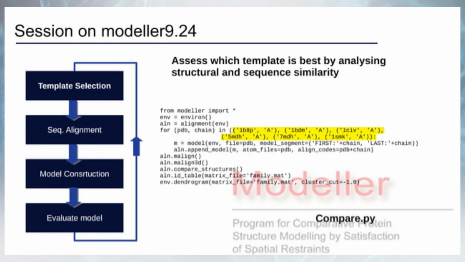by analyzing structure and sequence similarity. So, in this Python script, the second thing after build profile will be the compare script. The compare.py script will be utilized, and we can see that the yellow highlighted portion has to be modified as per our file format, which we have received after build profile, and then this compare.py script